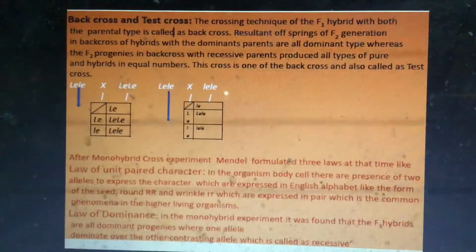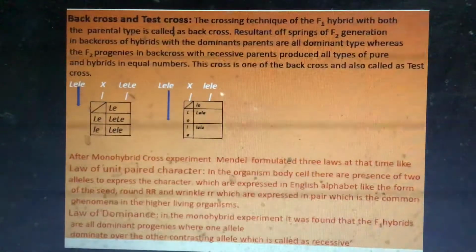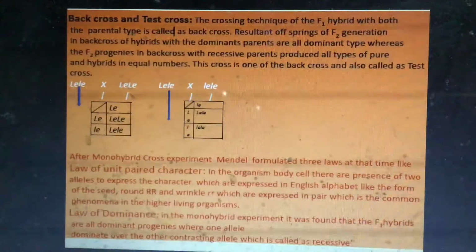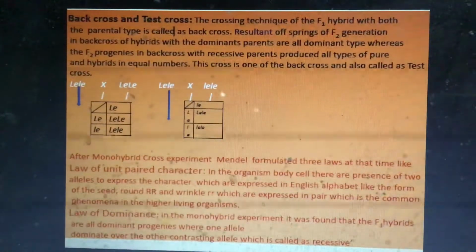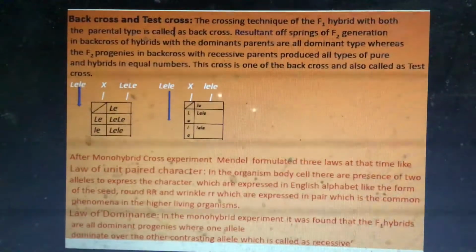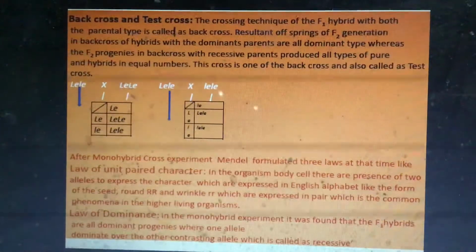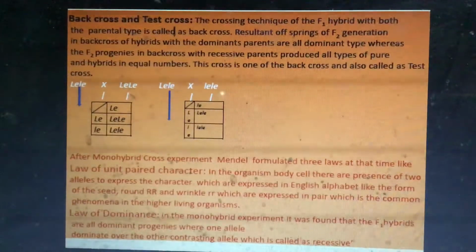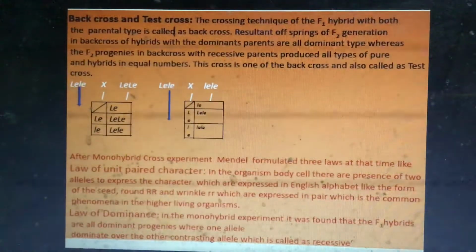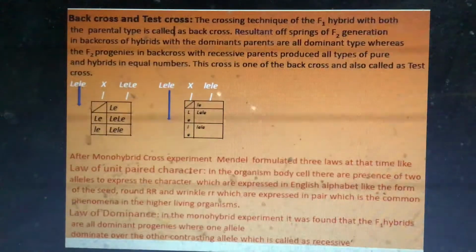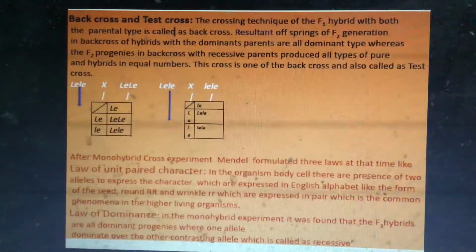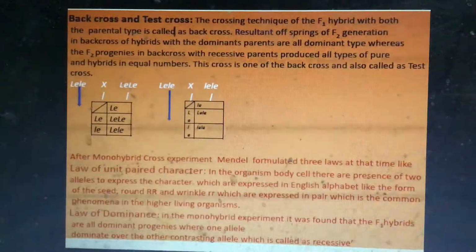And when the heterozygous dominant form is crossed with the recessive parent, it gives rise to two different plants. That is also called a test cross. The test cross gave the same percentage of offspring, that is, the ratio is 1:1. Whereas in the case of the other back cross, all are tall,